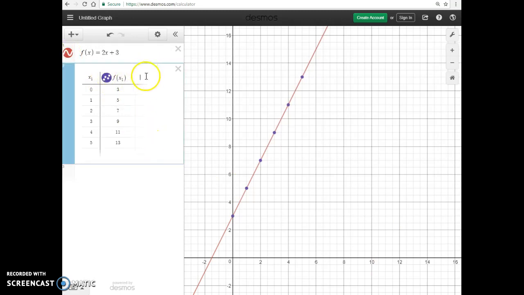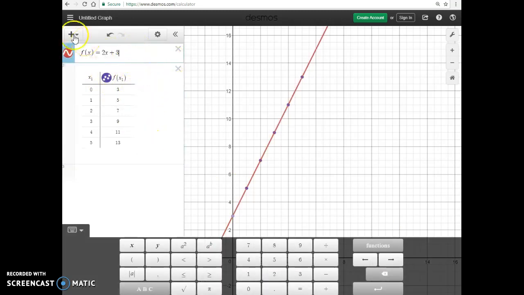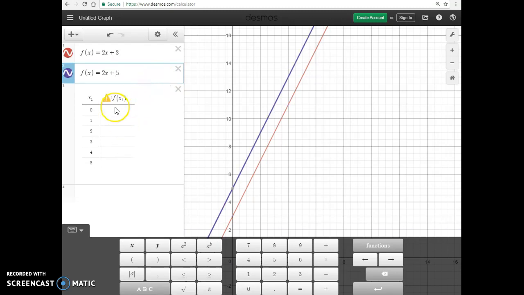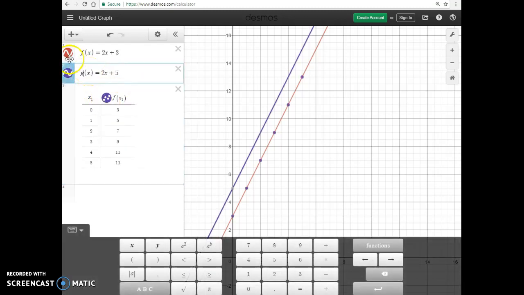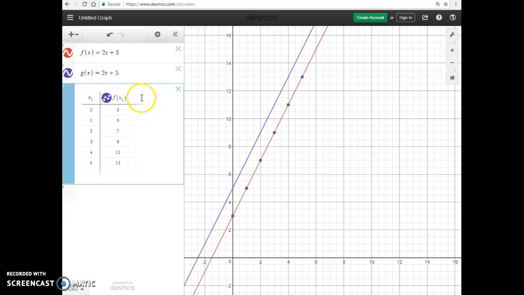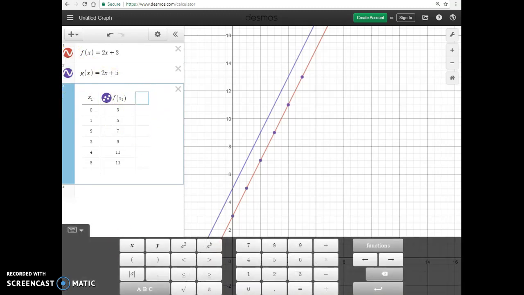I can also insert more in here. So let's say I inserted another expression and I had f of x equals 2x plus 5, and I want, oops, now it's confused because I've identified f in more than one place. So I've got to give this a different name. I'll call it g of x. And now everything's corrected. And now over here, I'll just click on a new column, and I'm going to do